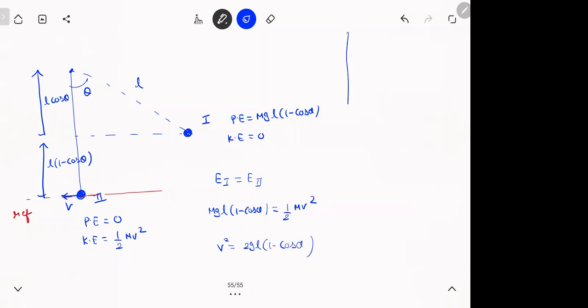That is 1. Second thing, at the lowest position, if you draw the FBD, what are the forces? Tension, mg, centrifugal force. Now the moment I use the word centrifugal force, where is the observer? Observer is sitting on this. Then you might feel like, okay, sir, why are you using centrifugal force now? Now see, there is nothing wrong. You can use centripetal acceleration or centrifugal force. Both will give the same answer.